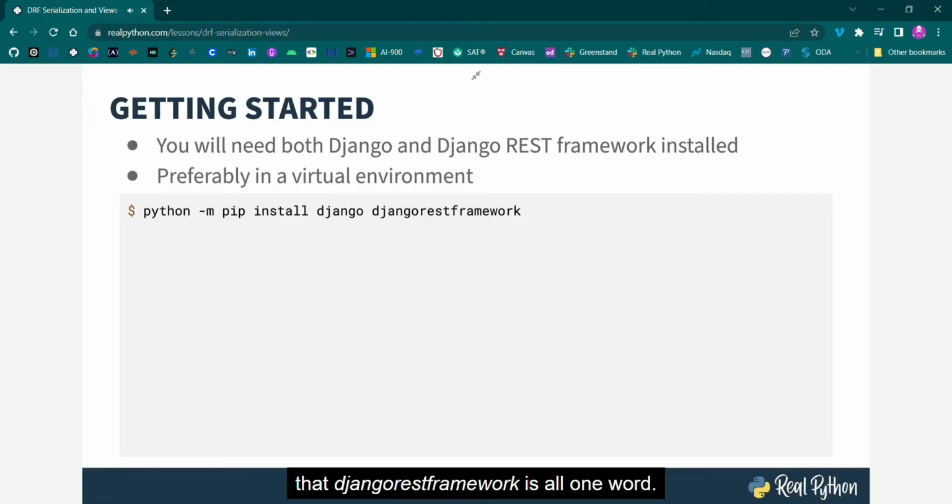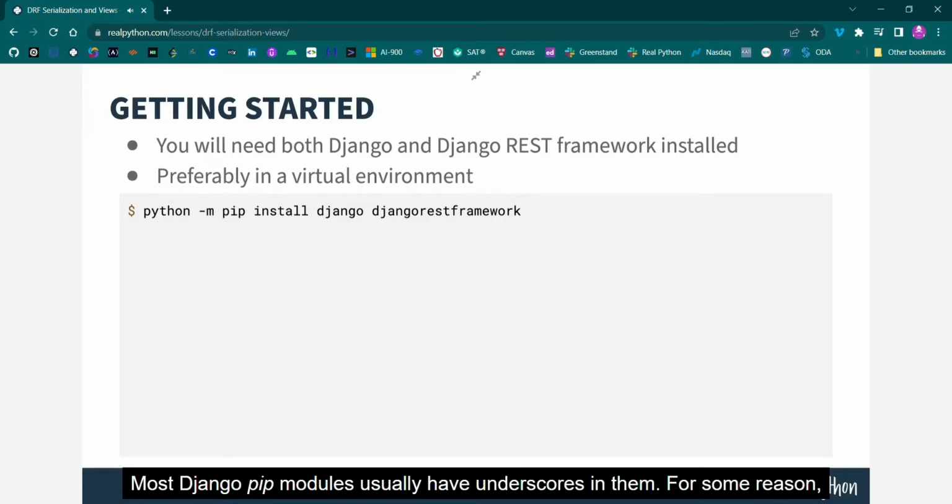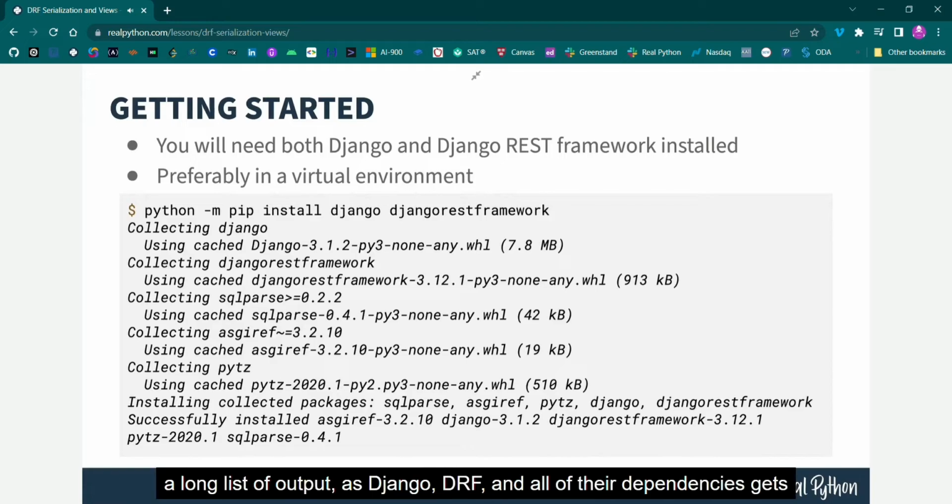Note that Django REST framework is all one word. Most Django pip modules usually have underscores in them. For some reason, the DRF folks decided not to follow this convention. If you run this command, you'll get a long list of output as Django, DRF, and all of their dependencies